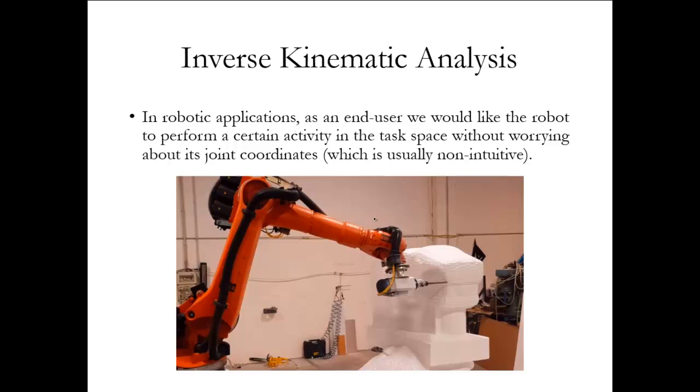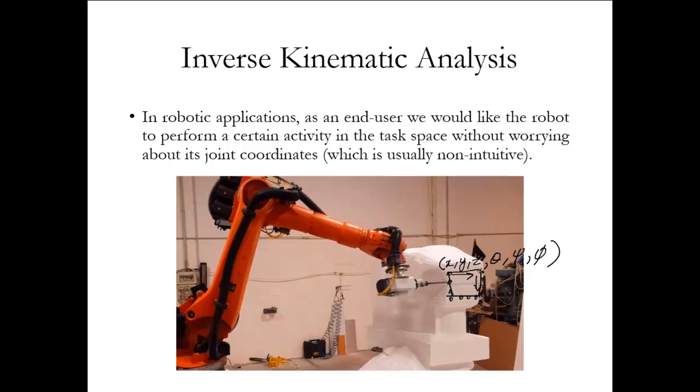In inverse kinematics you may see this robot performing a milling operation on this block. So if a robot is desired to do some task like this, move along this direction and then move along this direction, we are actually as a user interested in these things. These are denoted as the operational coordinates, which for a 6 degree of freedom robot, or a general application, could be x, y, z, and maybe theta, psi, and phi. So we have the position and the orientation of the robot, which is generally specified, and at different places we have different values.